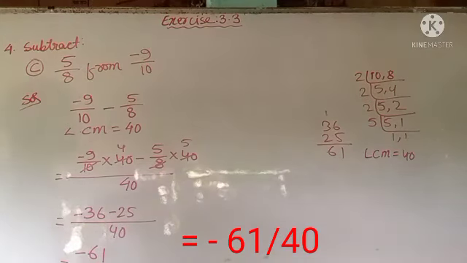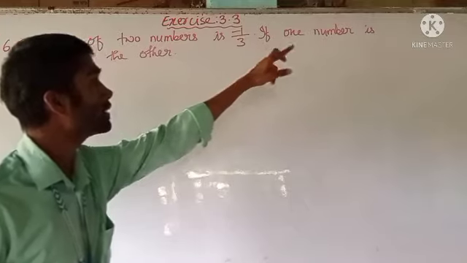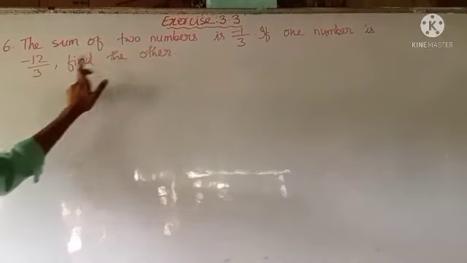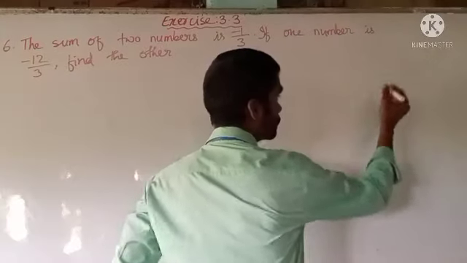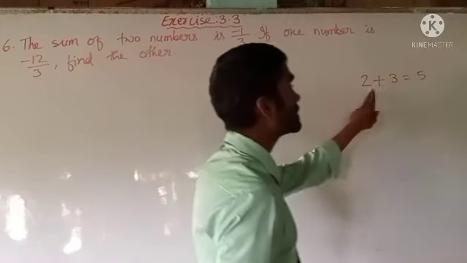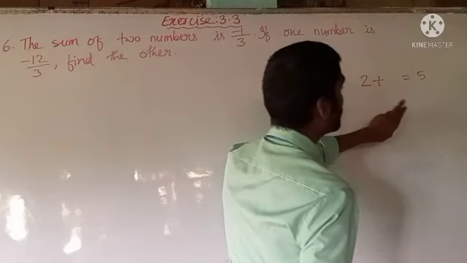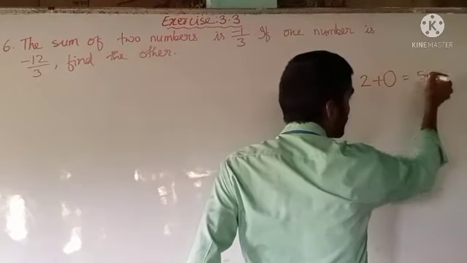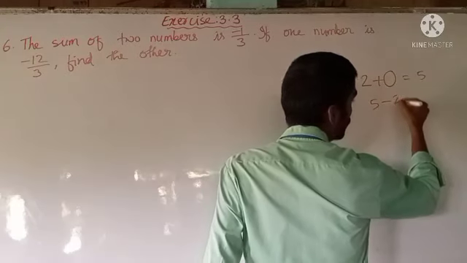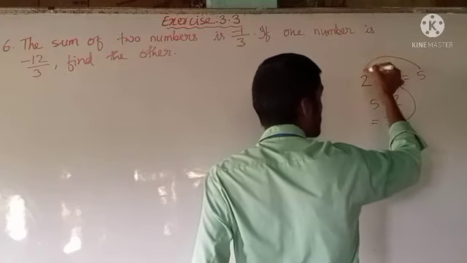Now let me show you question number 6, because 5 and 6 both are the same. So question number 6 here, the sum of two numbers is minus 1 by 3. If one number is minus 12 by 3, find the other. Suppose the sum of two numbers, that is 2 plus 3, is 5. The sum of two numbers is 5. Then if I say that 3 I have not given you, how can you obtain this 3? What will we write here in order to get it? That is 5 minus 2, then we will get 3. That 3 we can write. That means 5 minus this 2.